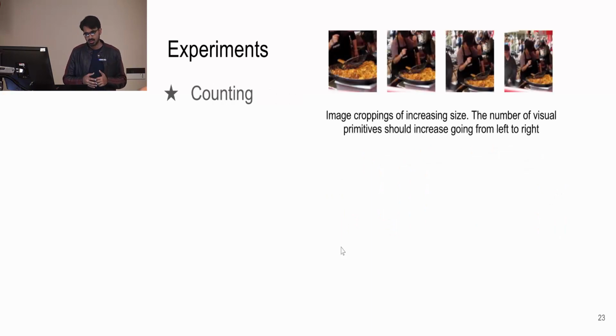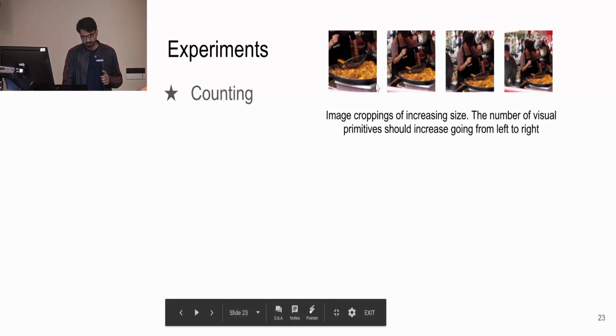So this experiment is designed to show that indeed the network is learning to count useful features. One of the problems is that the network can learn to count low-level features like edges, number of edges, and number of corners, stuff like that, which are not really useful. So they design an experiment where